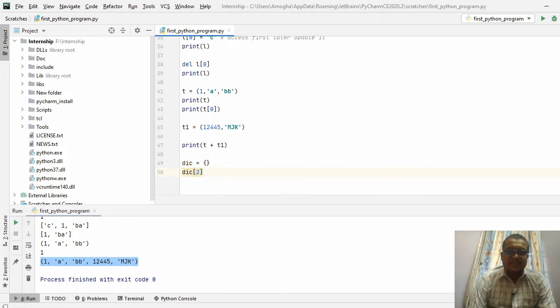Now the dictionary is empty, so I am writing a command. I am taking a second element and giving it a value. This is second.